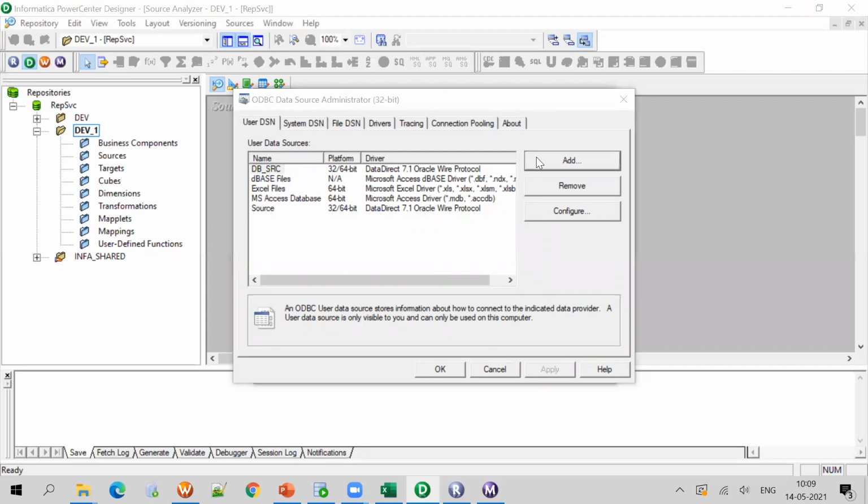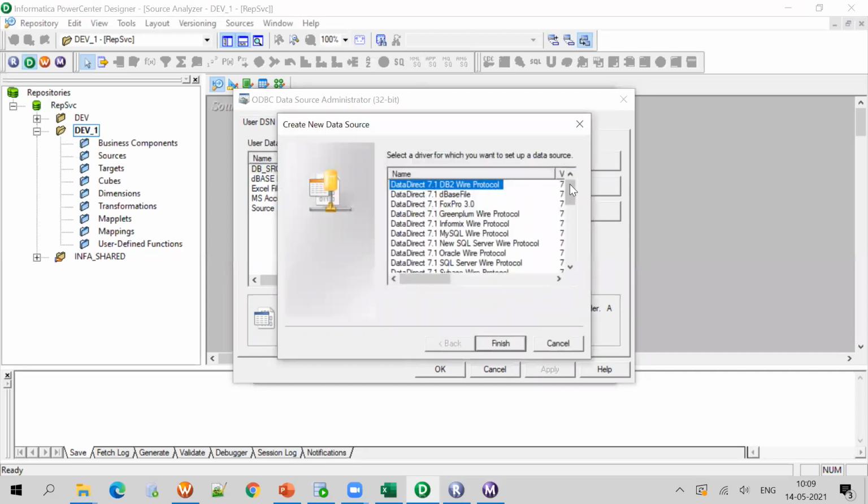If I click Add here, just a second. Which database is yours? Is it Informix, MySQL, SQL Server, or Oracle? Whichever database you are working on, or any Microsoft Access or Excel you are using, you need to select that database here.